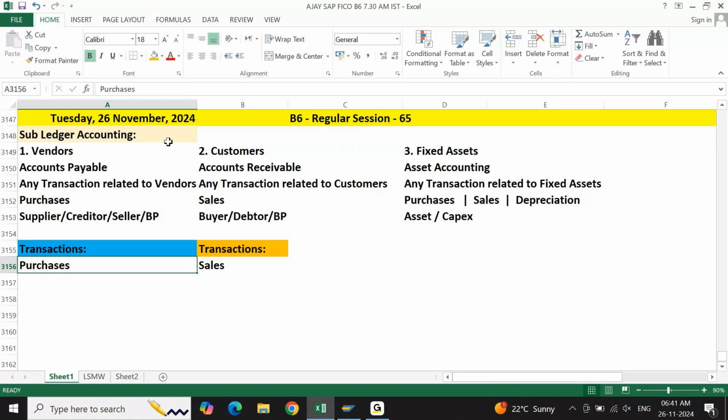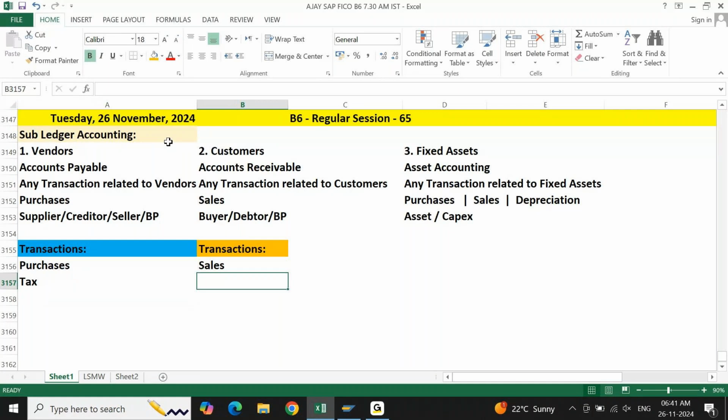Whenever you are doing any purchases, are you supposed to pay tax or not? Yes, sir, we pay tax. Similarly, whenever you do any sale in any country, in any organization, any product, any service, whatever it is,